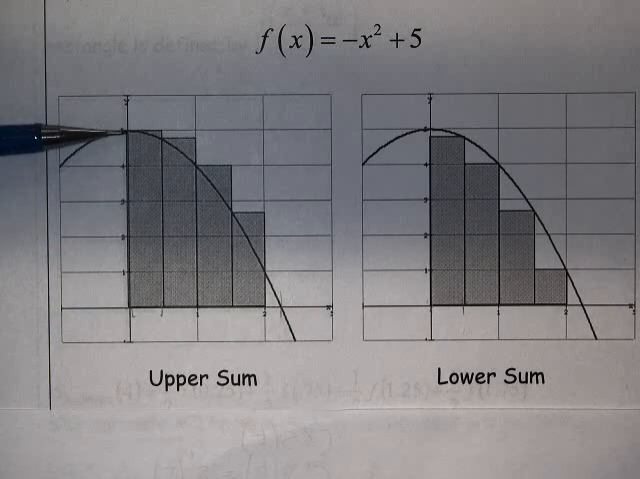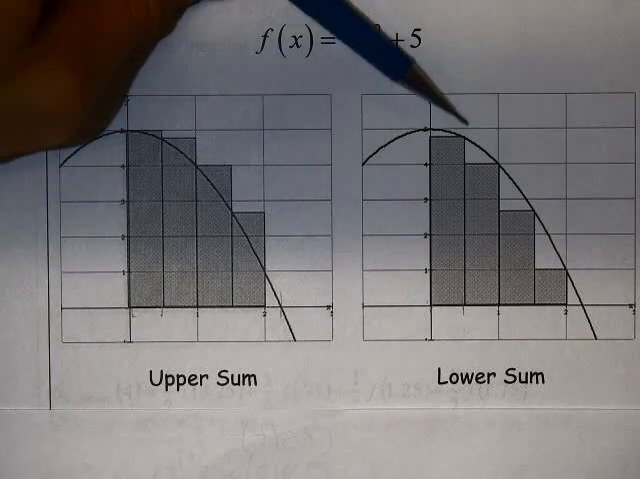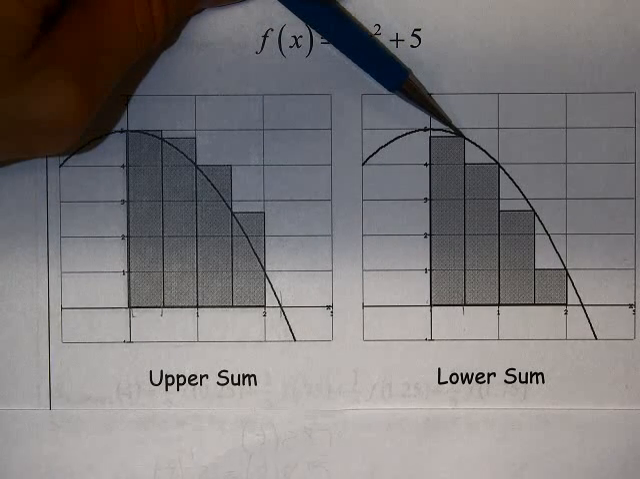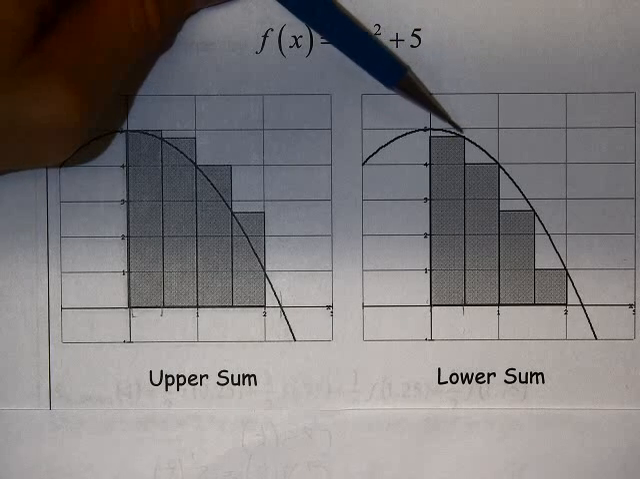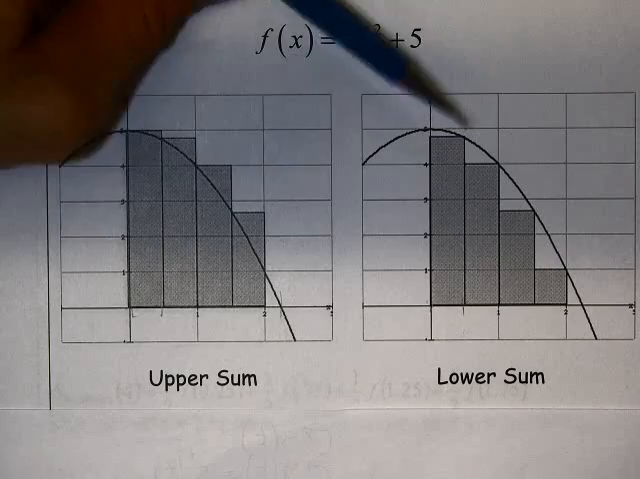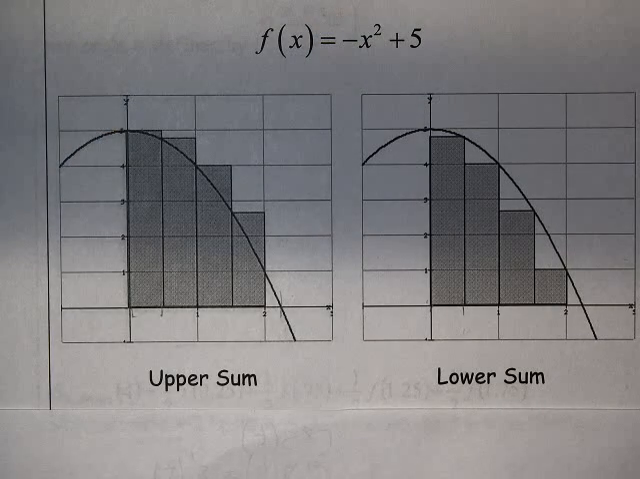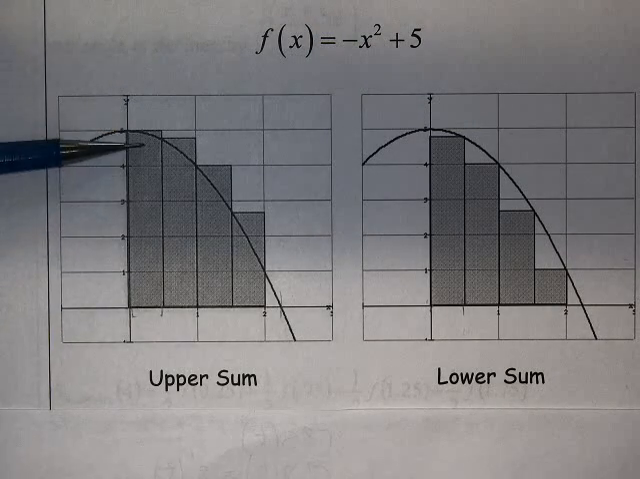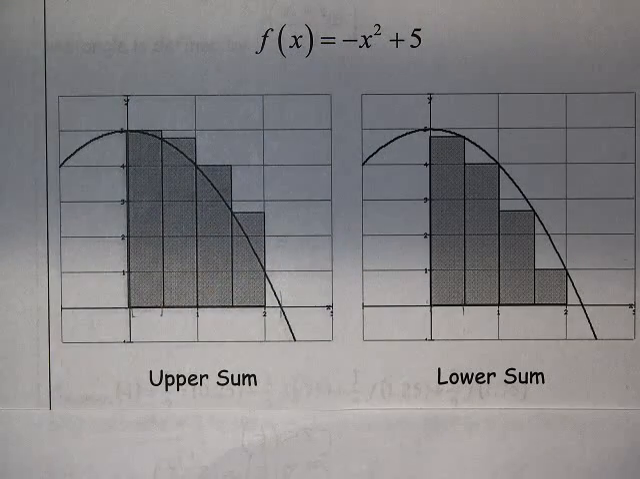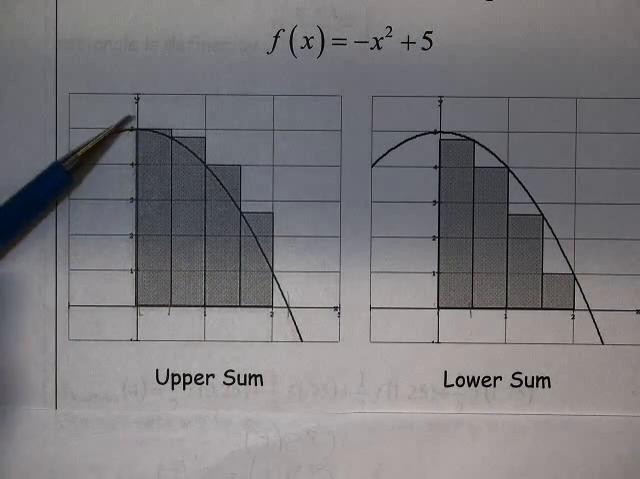But here, the upper corner of my rectangle is defined by the height of the function. And here the lower, well, it's not the lower corner, but the corner of my rectangle is defined by the lower point on the function. All right, so you can see I have a taller rectangle for the upper sum than I do for the lower sum. So clearly we can see that